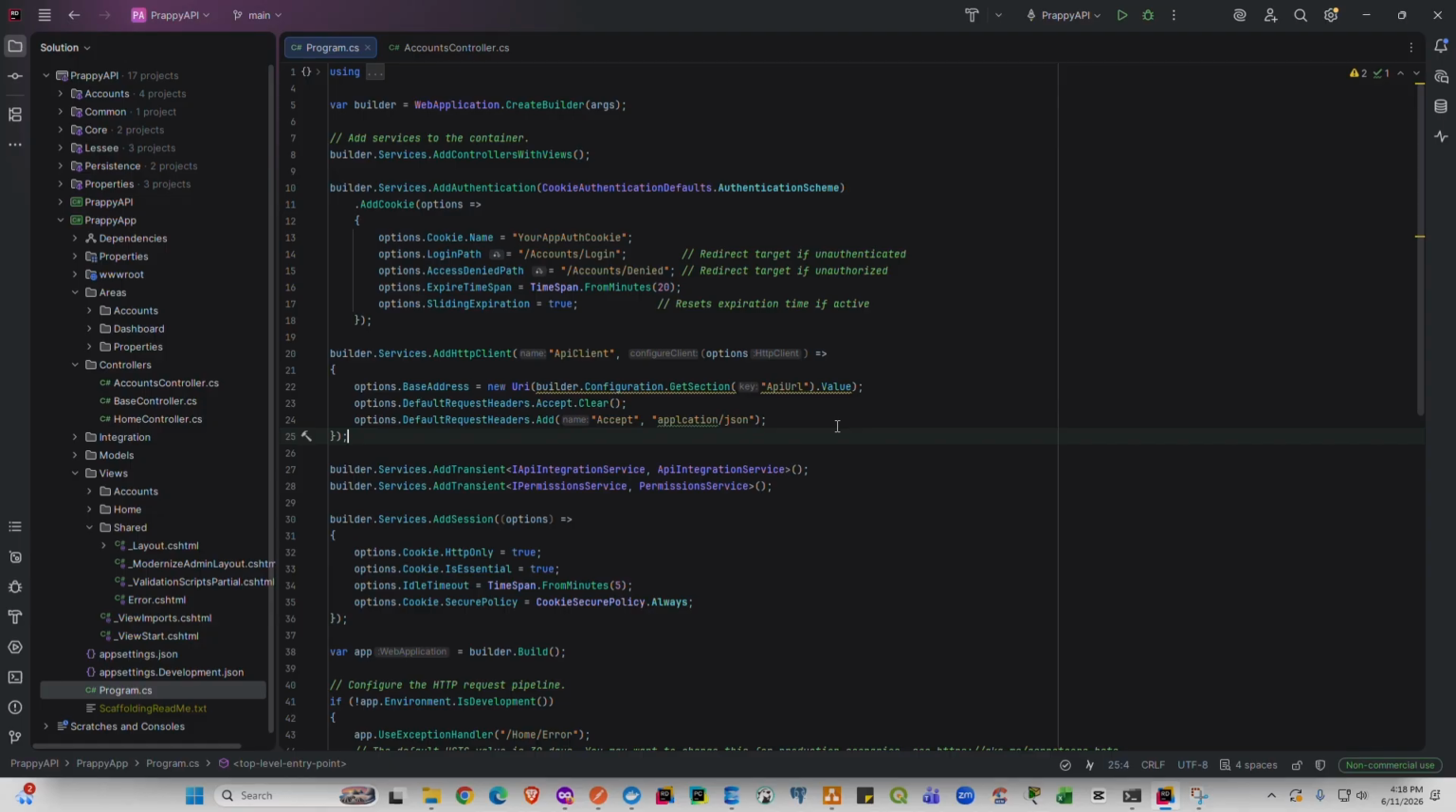For this front end, we will be using cookie authentication. This is the setup here: builder services add authentication, and then setting up the cookie authentication scheme, like this one here. And then second will be creating